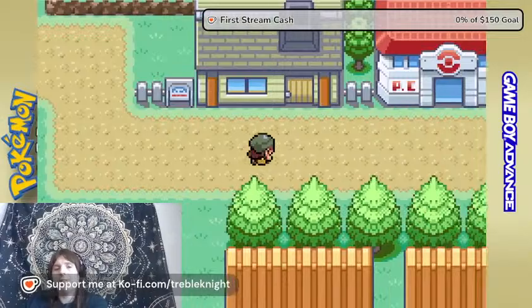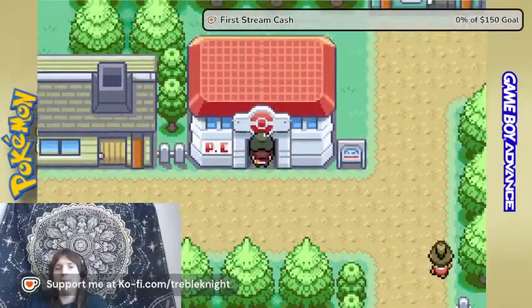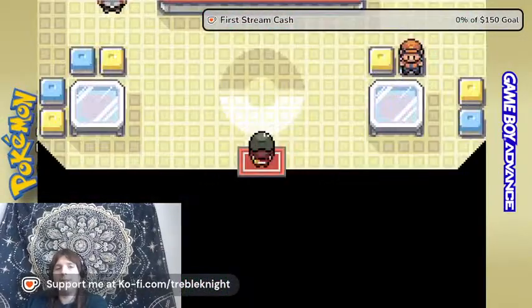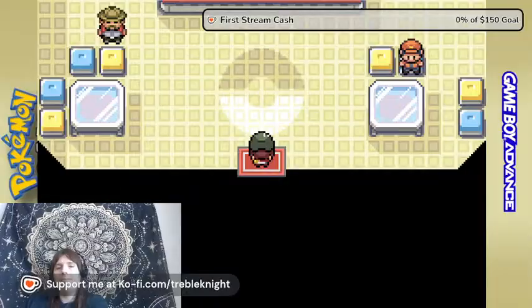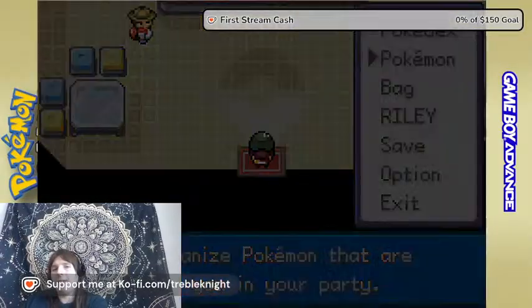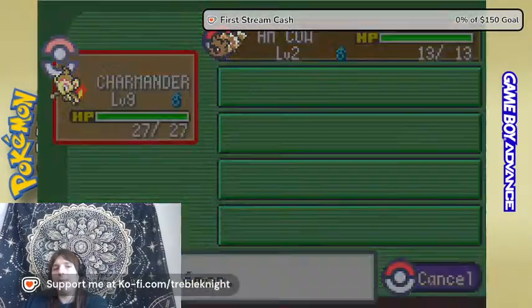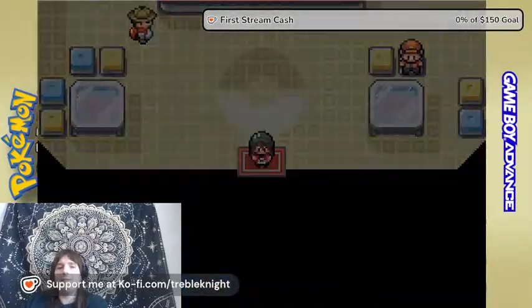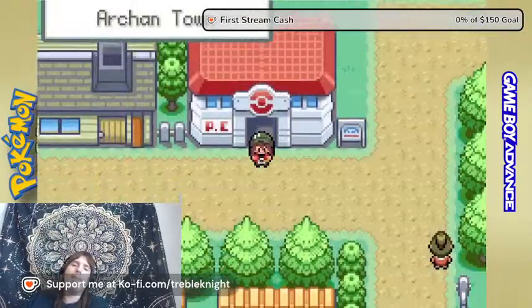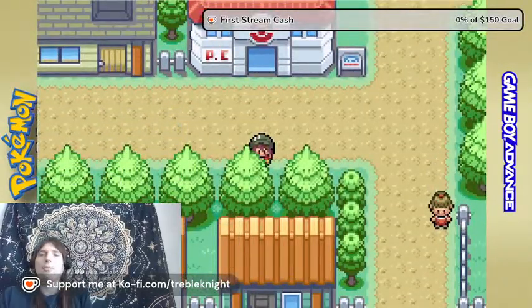So, did I go to the Pokemon Center? Completely forgot. That's what we have this to check. If this were like one of the DS games, the Diamond and Pearl edition, I could just look at the bottom screen to see the health, but I can't with this particular one as well.